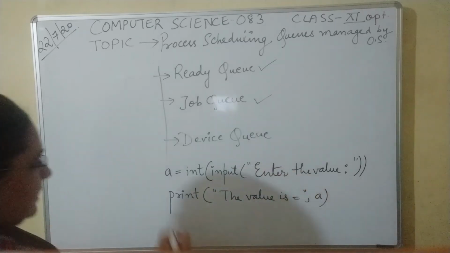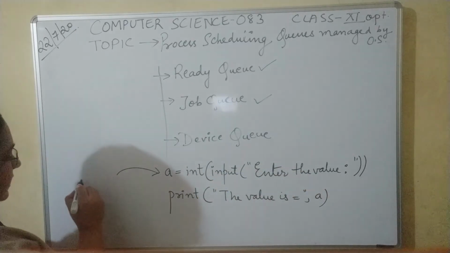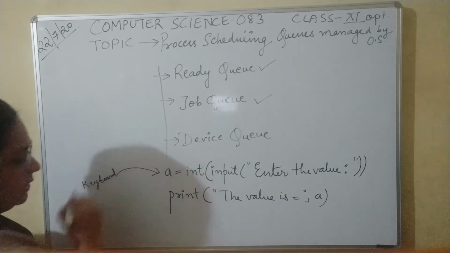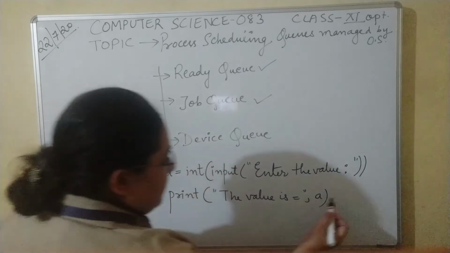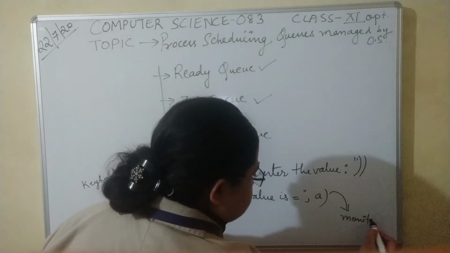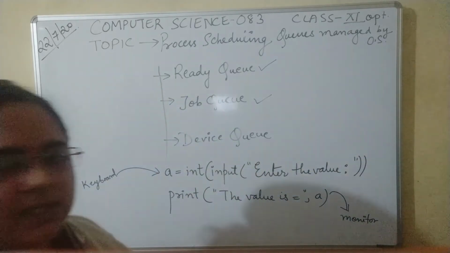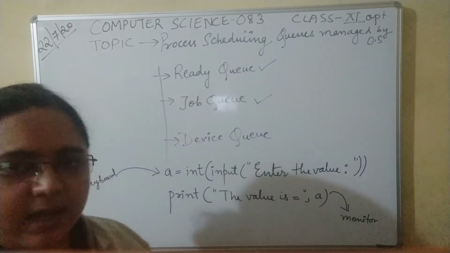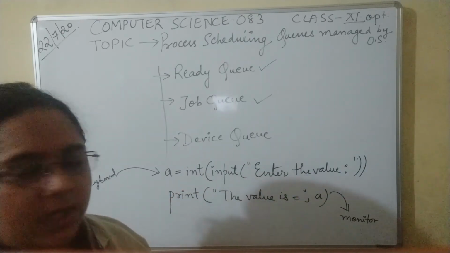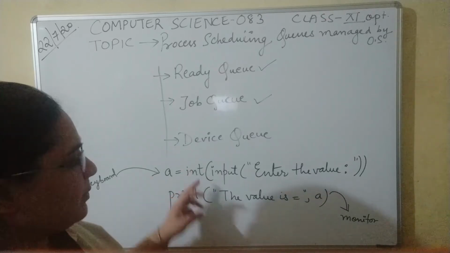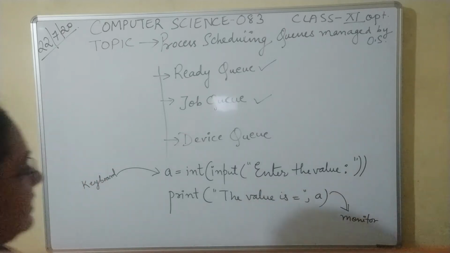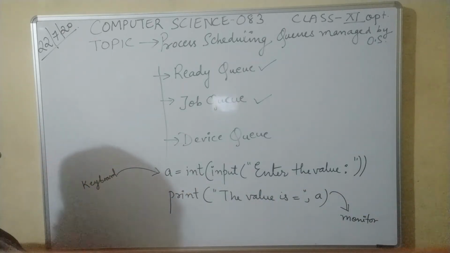We can have these two types of statements, where we need to enter a value, that is, get the value from the user console, for example get a value from an input device like the keyboard, and over here print the value, that is, send the value to an output device like the monitor. So we can have scenarios like these in our program where we need to take input from the user and display the output. So where do these types of statements go? They are not executed by the CPU. They are in fact handled by the usual devices.